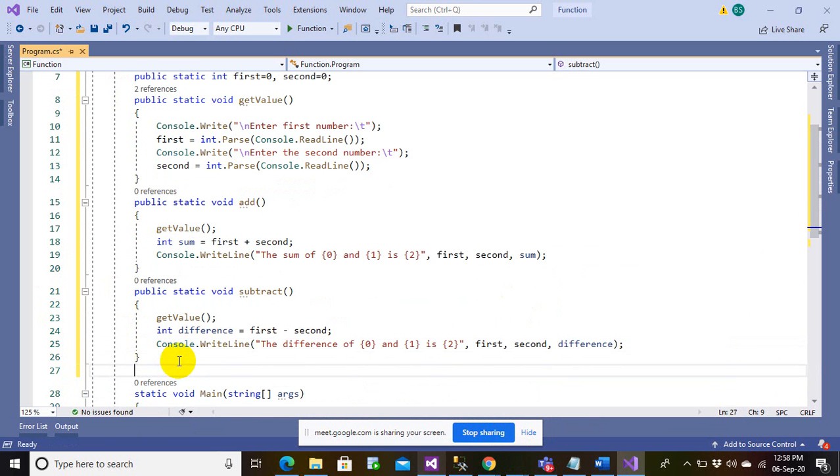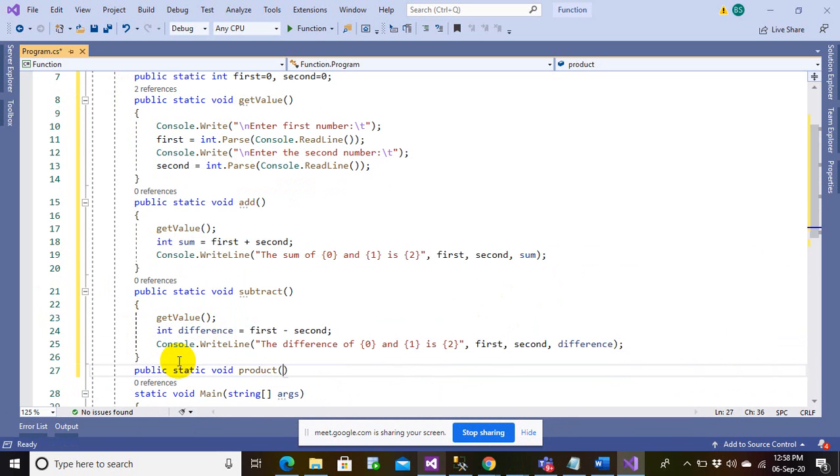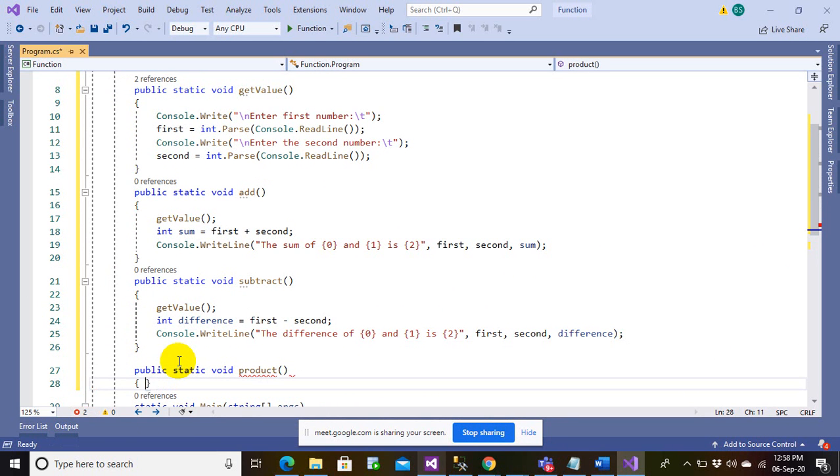Similarly, I want to have a product. Again, I need to read the value, so I'll just call a get value function.